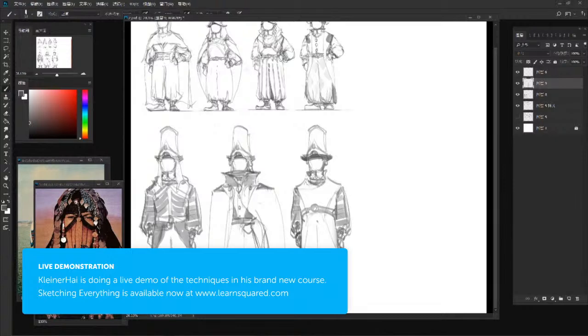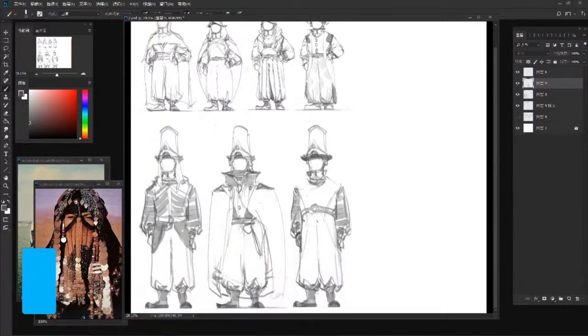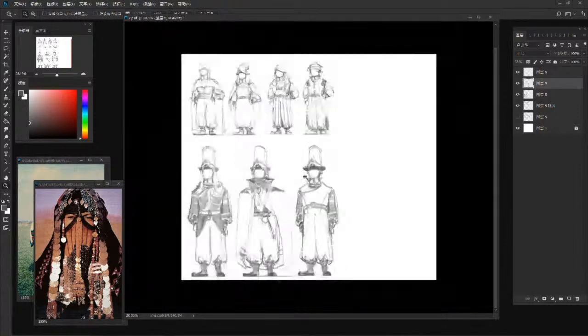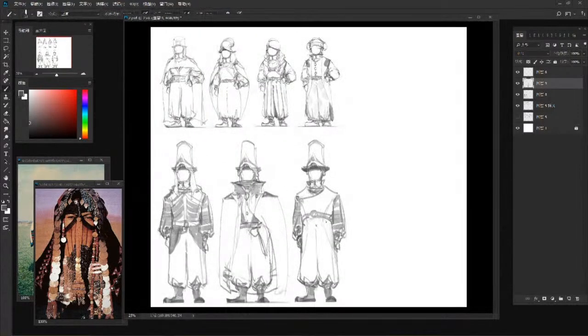It has an insane amount of artwork that's being created. Even on today's show, in this hour or however long, he's already created 7 character designs. It is amazing. The techniques that are taught in this course, you can see them right in front of your eyes, how amazing it really is. And the course goes through not only characters, but also environments, props, costumes, creatures, all sorts of different things. It is really a totally comprehensive course.